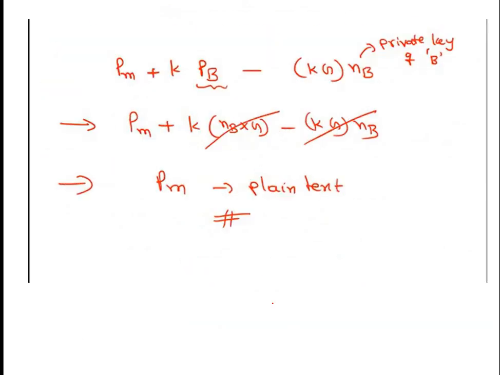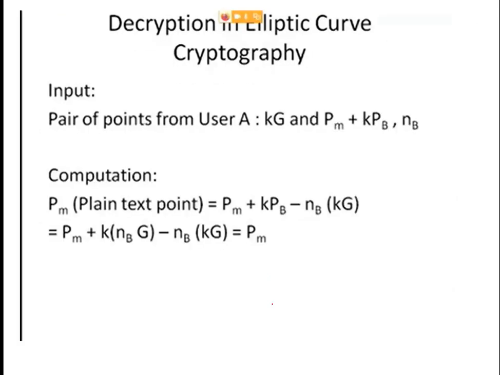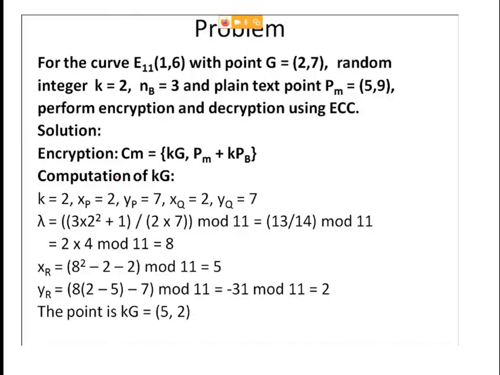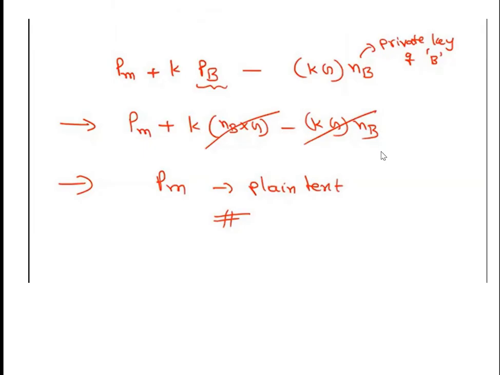So let us come to our program. Yes. Here K is given to us. The G point is also given, that is 2, 7. So what is XP now? XP, YP becomes 2, 7. And we are taking the same point for the calculation, so XQ, YQ becomes the same, 2, 7. So here P is equal to Q. So which formula do we need to apply? Let us check which formula is applicable here.